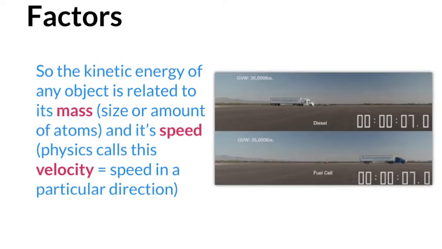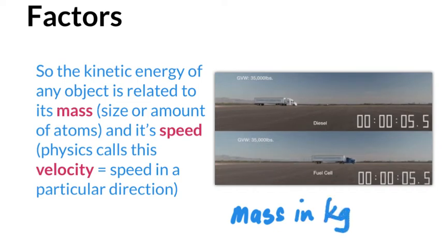So when we're using energy, we know from the equation that the amount of kinetic energy is going to be dependent upon the mass. Now I said the size of the amount of atoms, which is pretty close to being correct, and the speed. Now in our tests and in our things, mass is in kgs, always. So we have to convert it to kgs and do it,